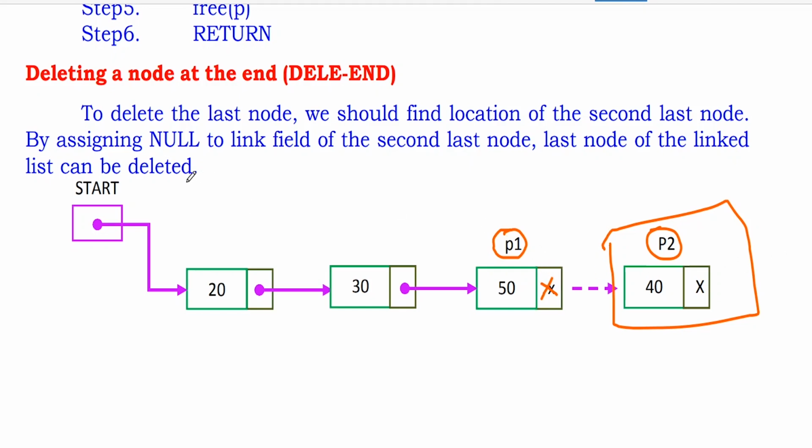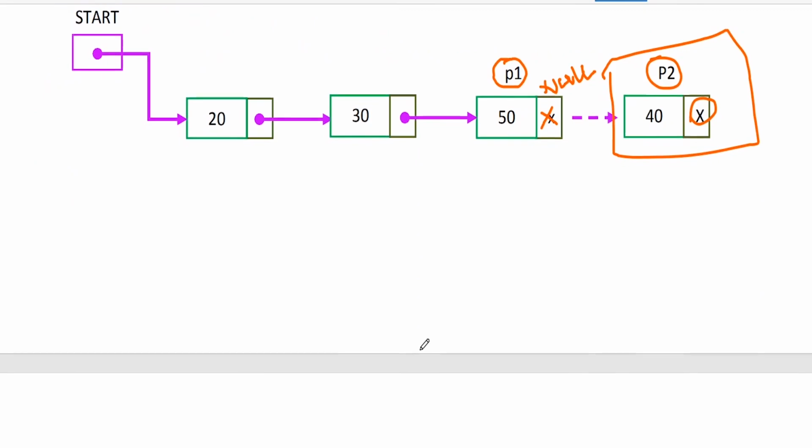So we have to traverse through the linked list till we reach the last node, that is, the one whose link is null, carrying the previous node as well. Once you reach the last node, using the previous pointer, you make its link null, and then automatically this node is deleted. There is no link, so only 3 nodes remain. That's what we are going to do here.